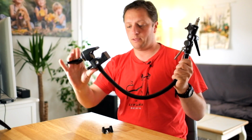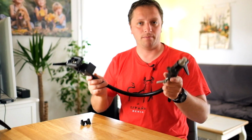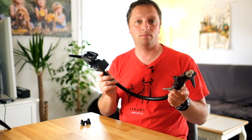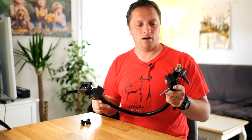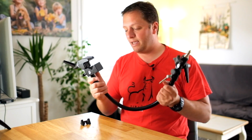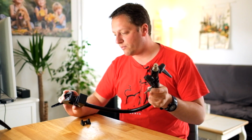So that is pretty much the way you use it. Now my reason for getting this, obviously, as I mentioned, is to attach it to some kind of vehicle. It can be a bike, a car, a truck, I don't know yet. I've got a few projects lying around, but also to use it as a tripod, because I don't always carry a tripod with me,